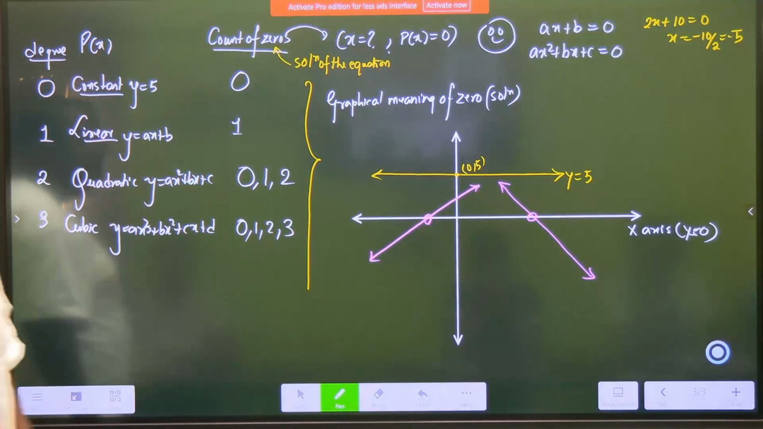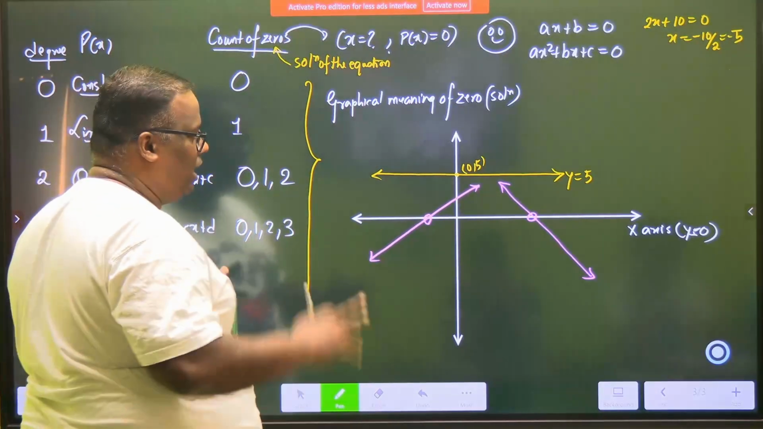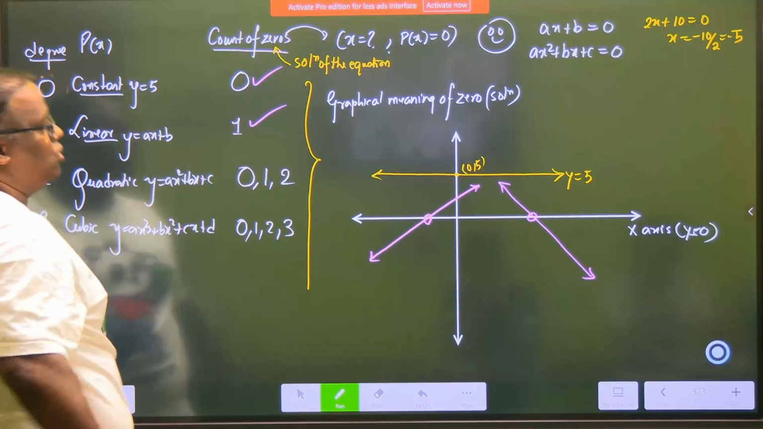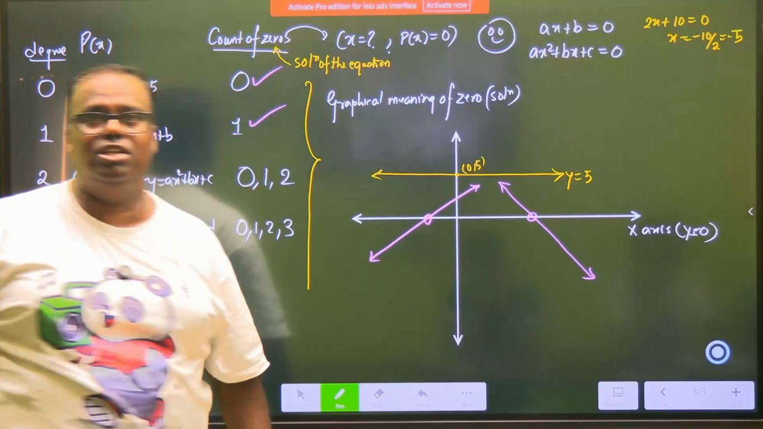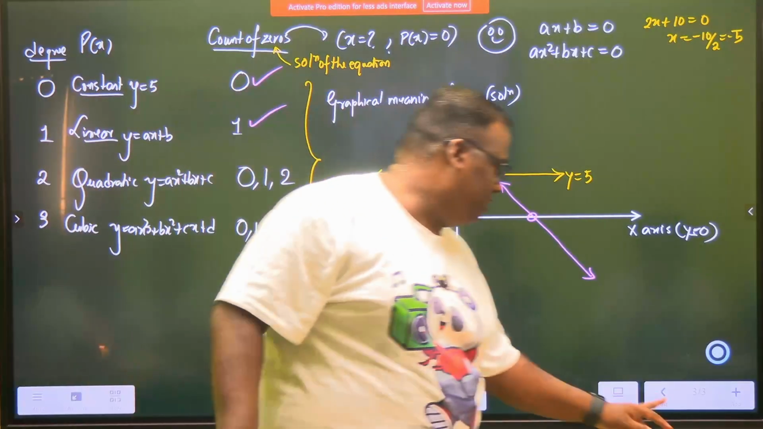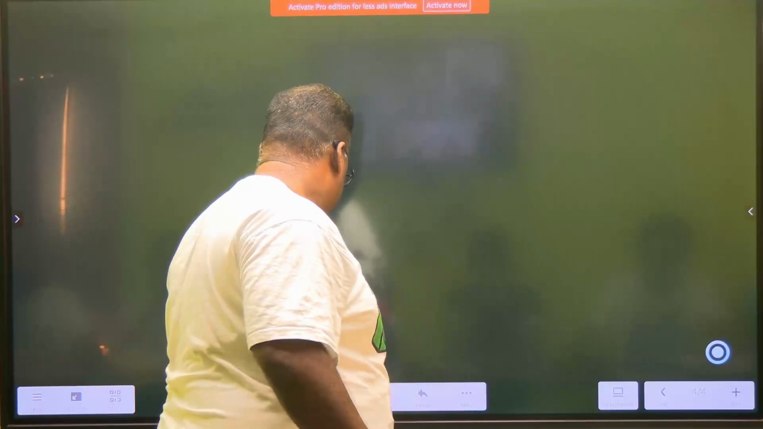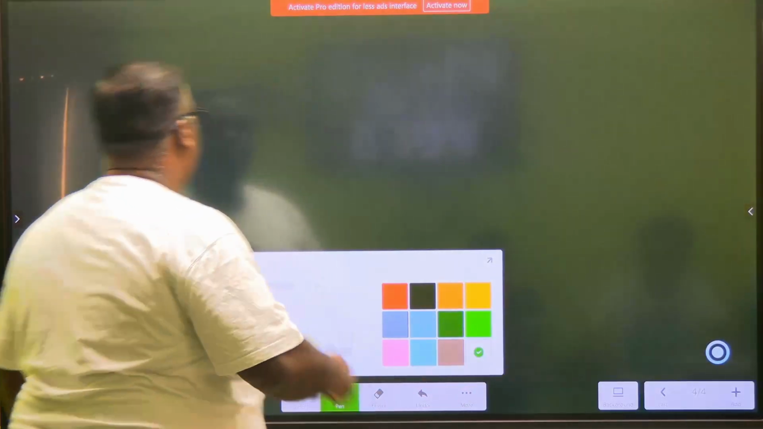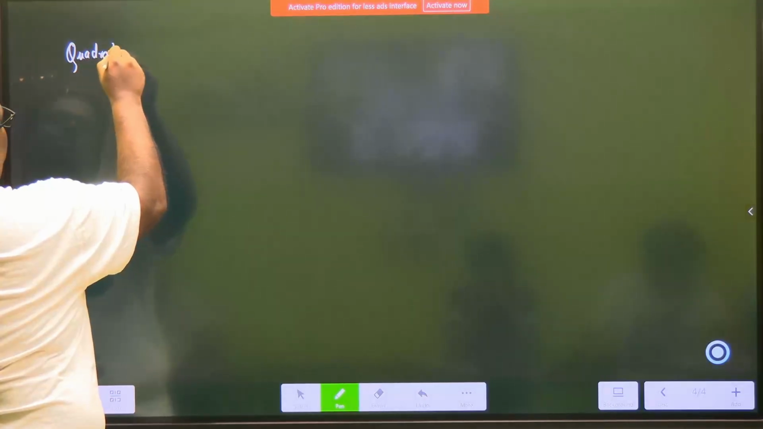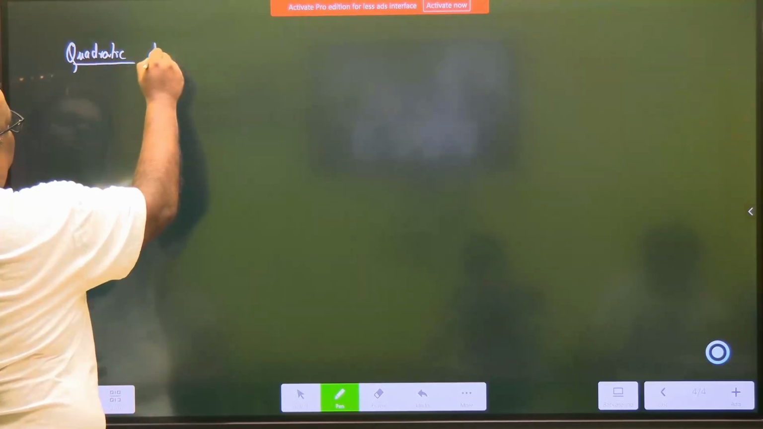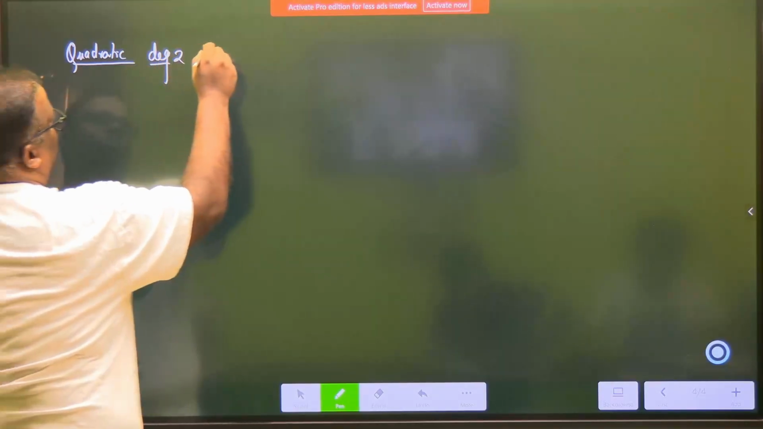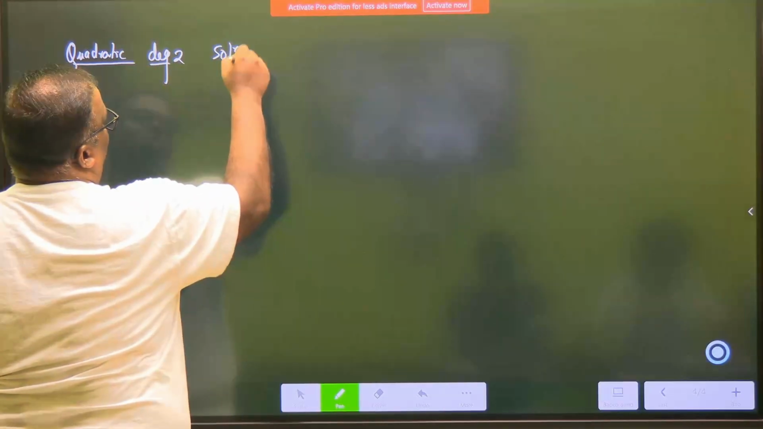Understood? If I make quadratic on this, the graph will get distorted. So I think this is what we have understood. Any child having an issue right here can ask me. No issues. Now let's go to quadratic. Quadratic means degree will be 2 and we said solution or zeros